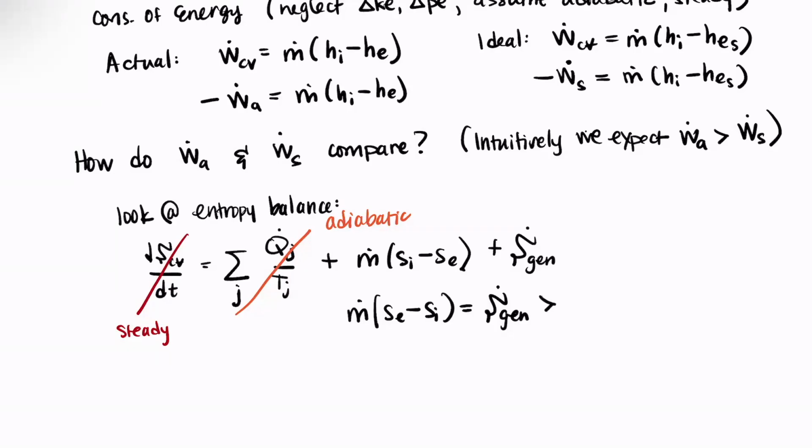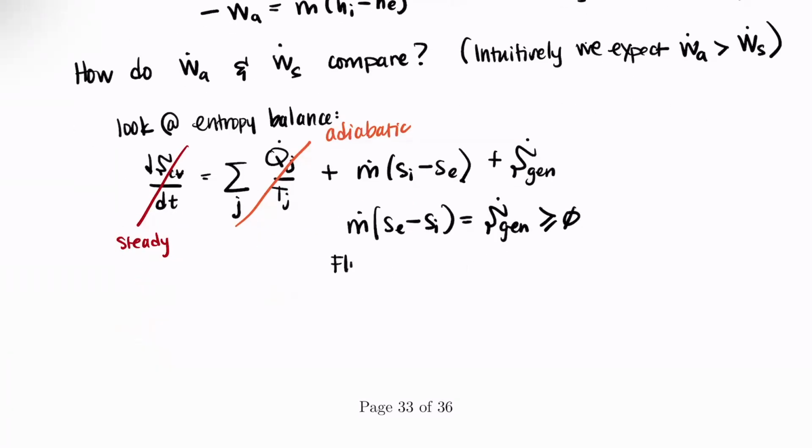And we know that S dot gen is always greater than or equal to 0. So this means that the fluid entropy always increases for our actual system,